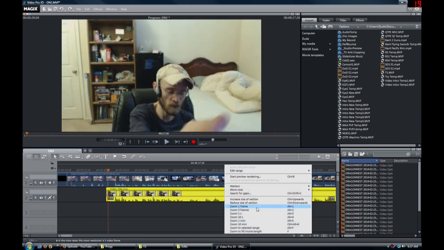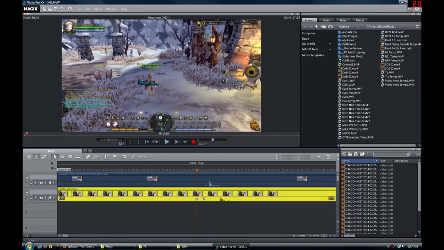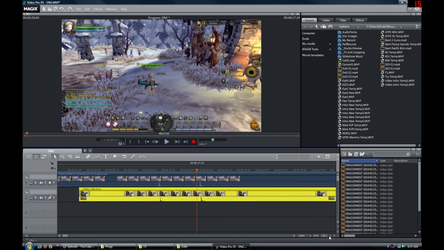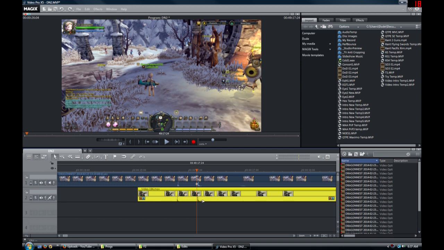Zoom into 1 frame, please. And that's about as close as we're going to get it. This is zoomed in as far as you can go. We're talking literally like 1 frame of footage. Even though it's not lined up perfectly here, this is such a small difference in actual time that it doesn't matter. Zoom back out, so there's the two snaps lined up.